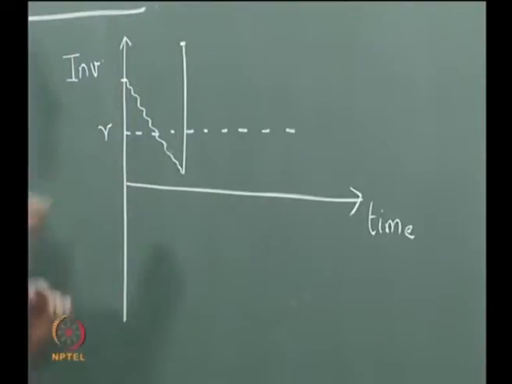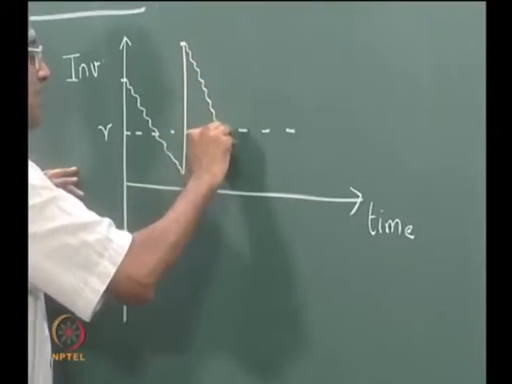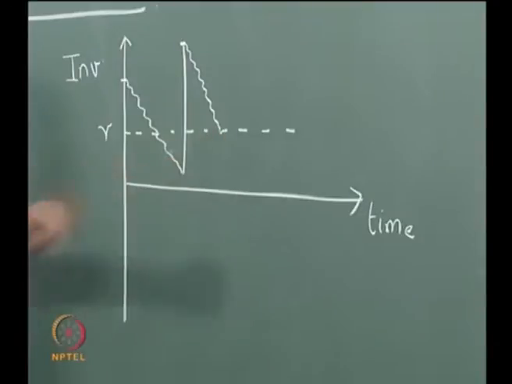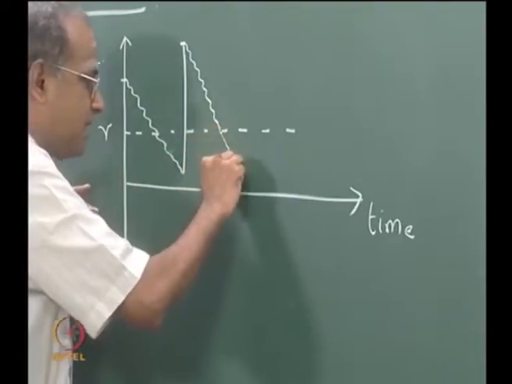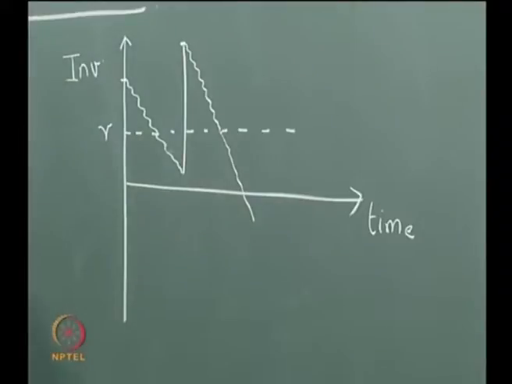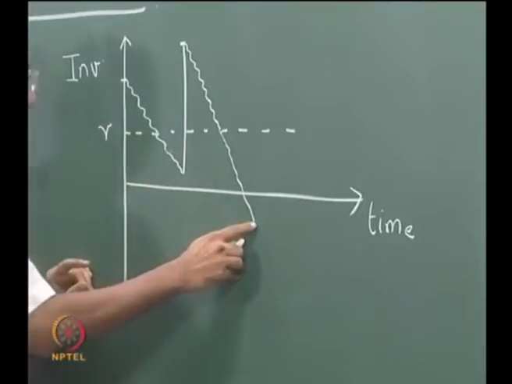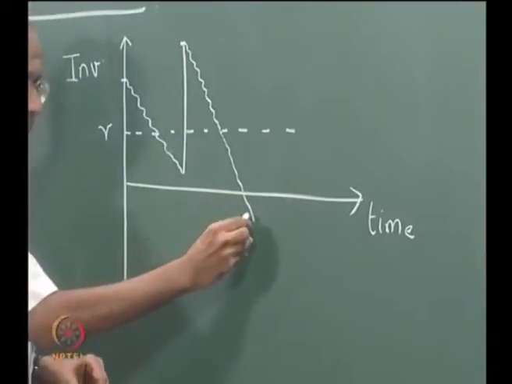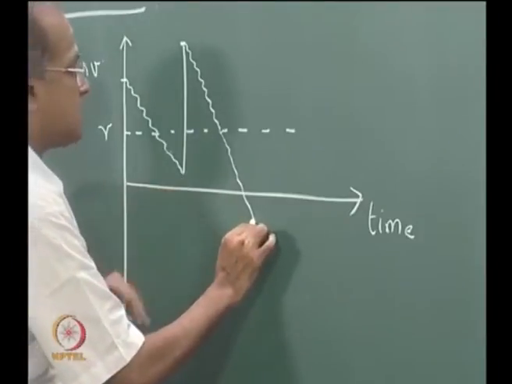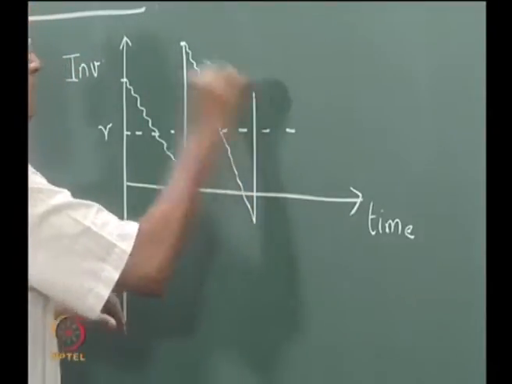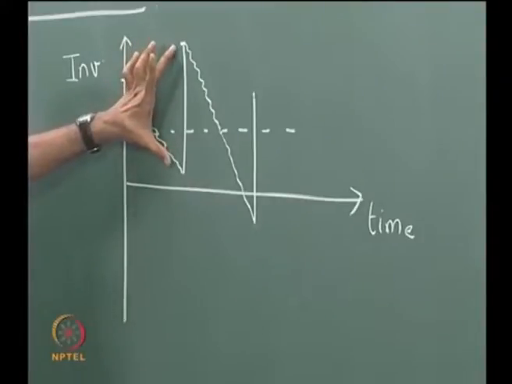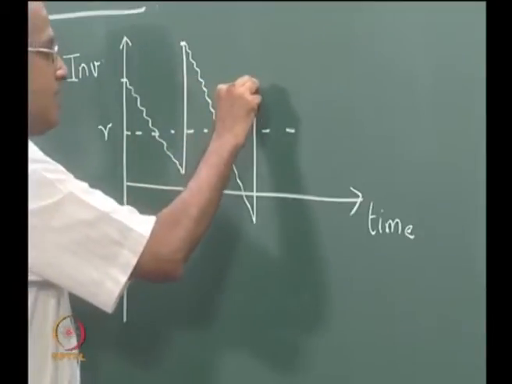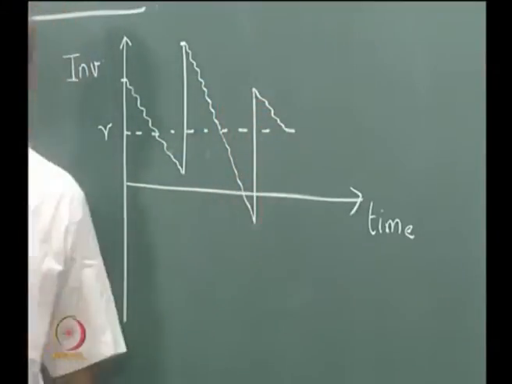Then once again we start consuming, and again when we reach the reorder level, we place another order. But let us assume that in this cycle, by the time the order comes, the inventory has come down to this position. Now once again the quantity arrives, there is a back order here, and the stock is updated by a certain quantity Q. So this is the Q and this is roughly the same as this, and once again the cycle continues and so on.